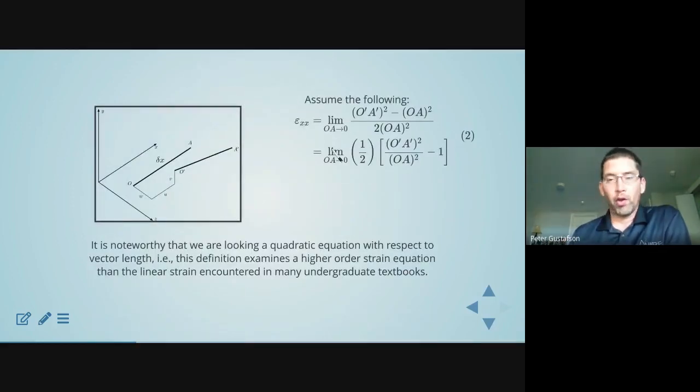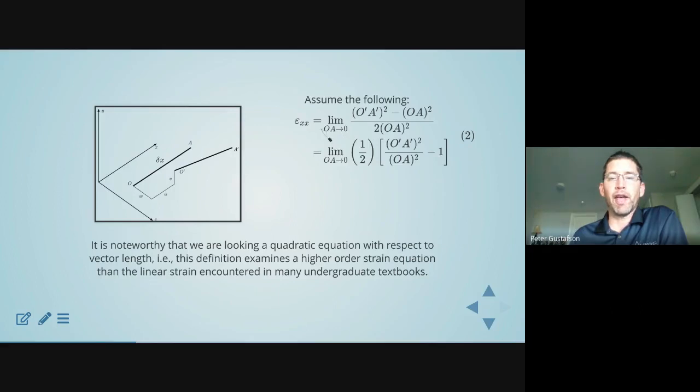Now, for our purpose, we're going to assume and then actually verify or compute that our higher order calculation of strain can be written like this. We're going to prove it in a minute, but we're going to assume that epsilon xx is going to be, in the limit as OA, the length of this vector,